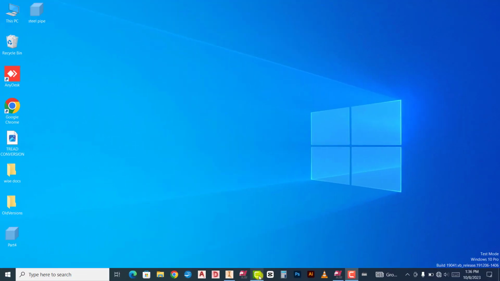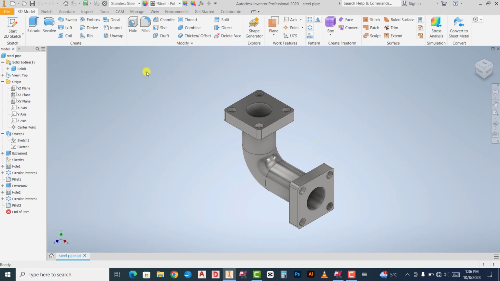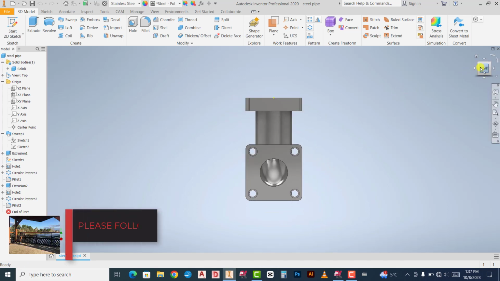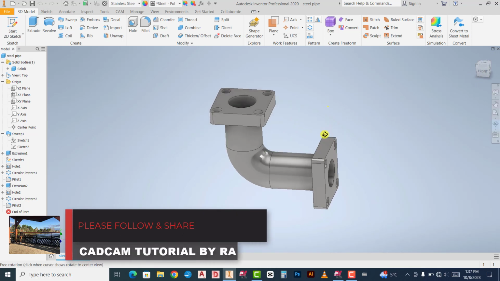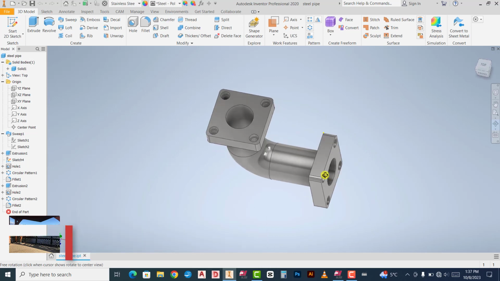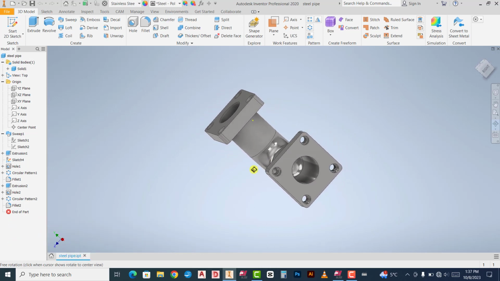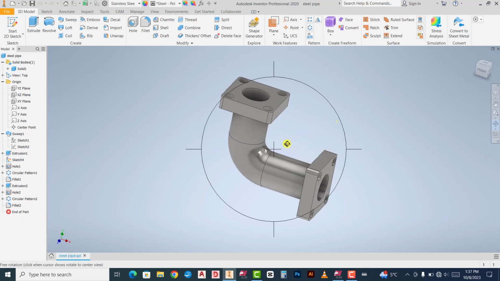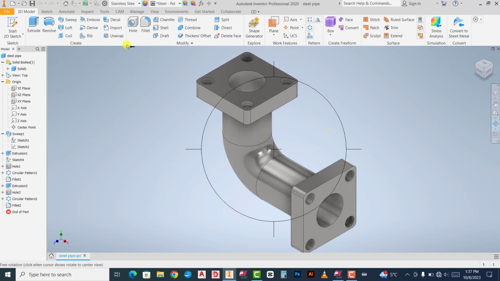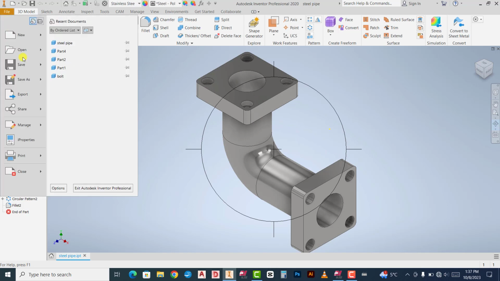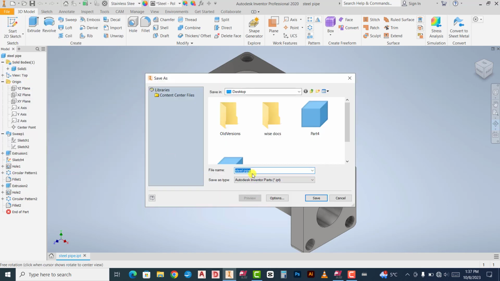First, I'm gonna open my Autodesk. So you see, I have a model here. It's done already. This model is gonna be imported into Mastercam. So first, I'm gonna save this model. I'm gonna name it, like, save, then